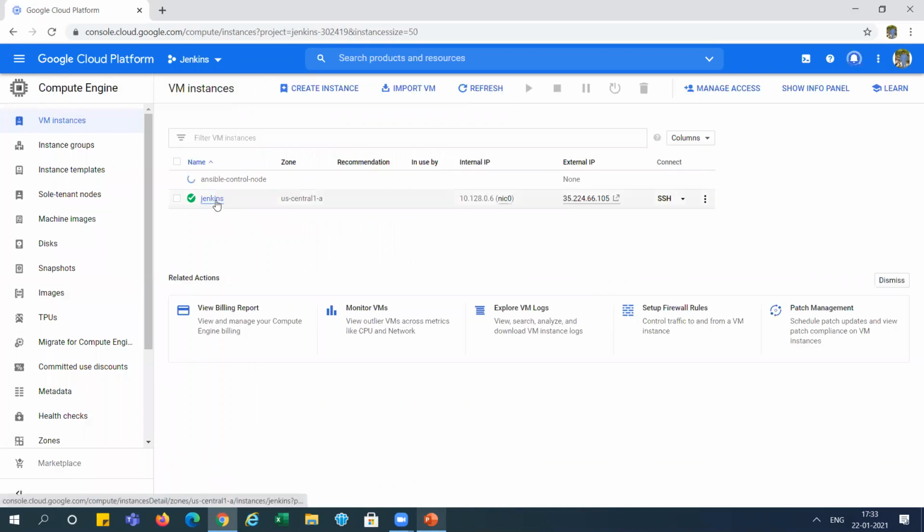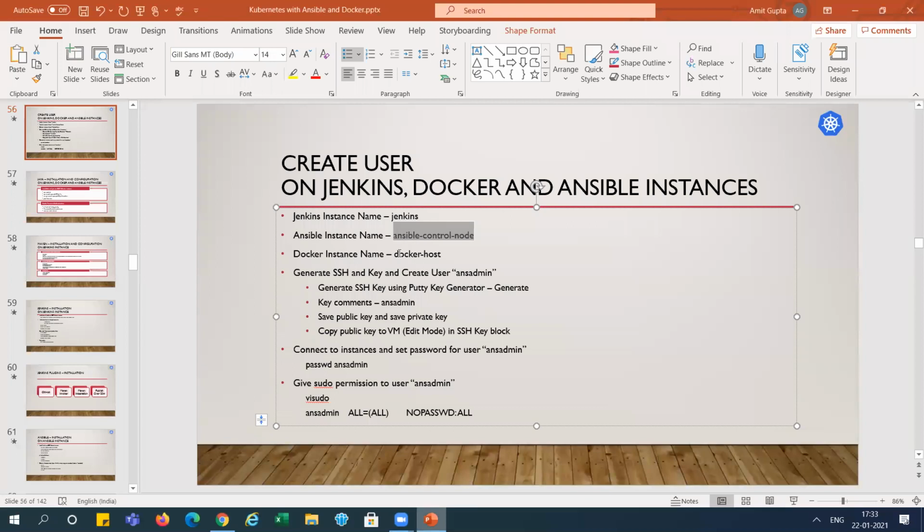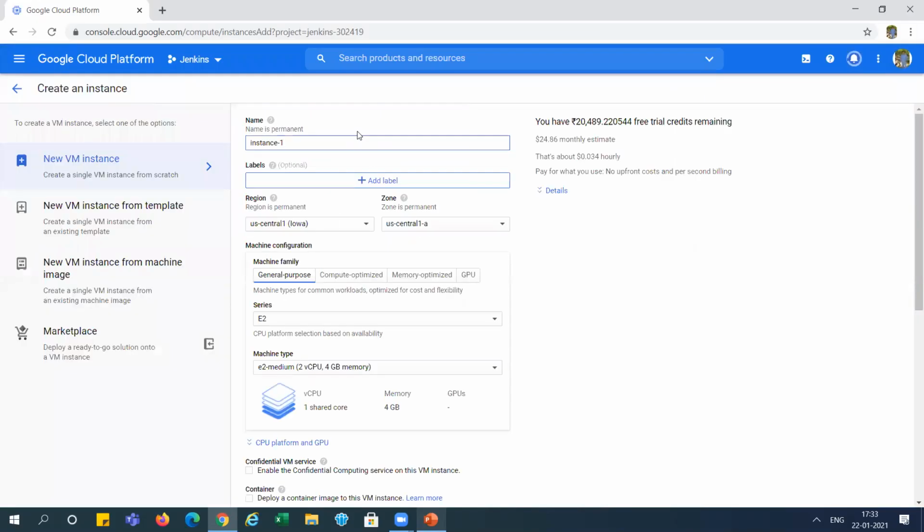You can see Jenkins is created. We got internal and external IP both. Now create the next instance, and for the Docker one, this is the target system, the Docker host.